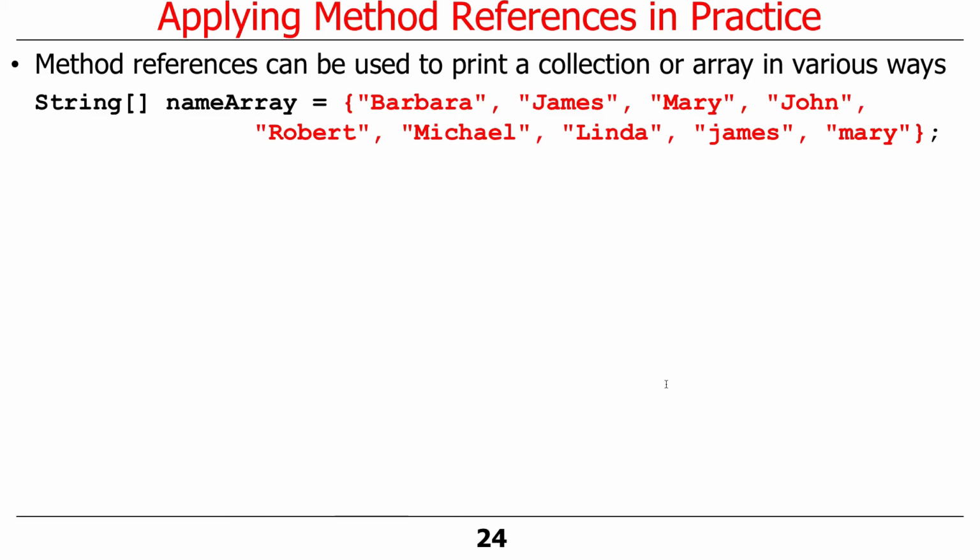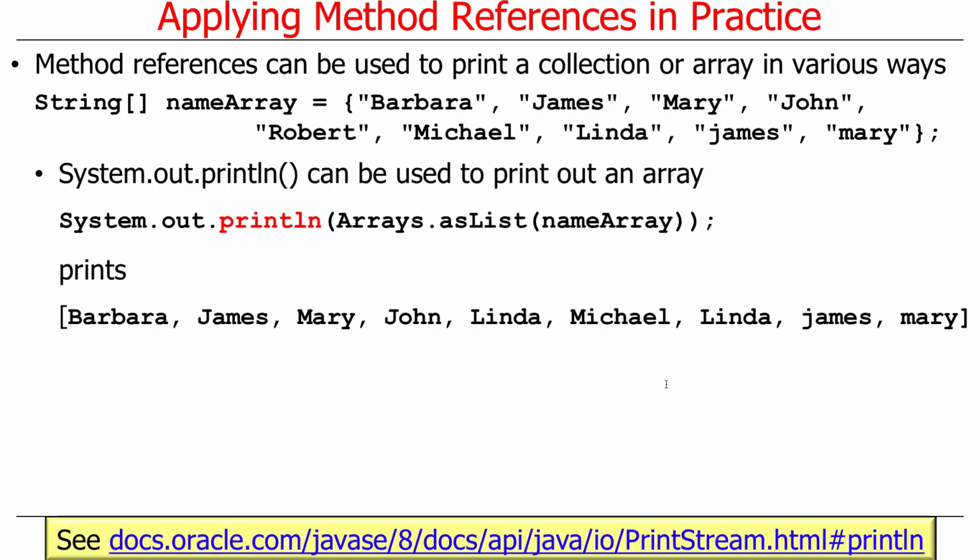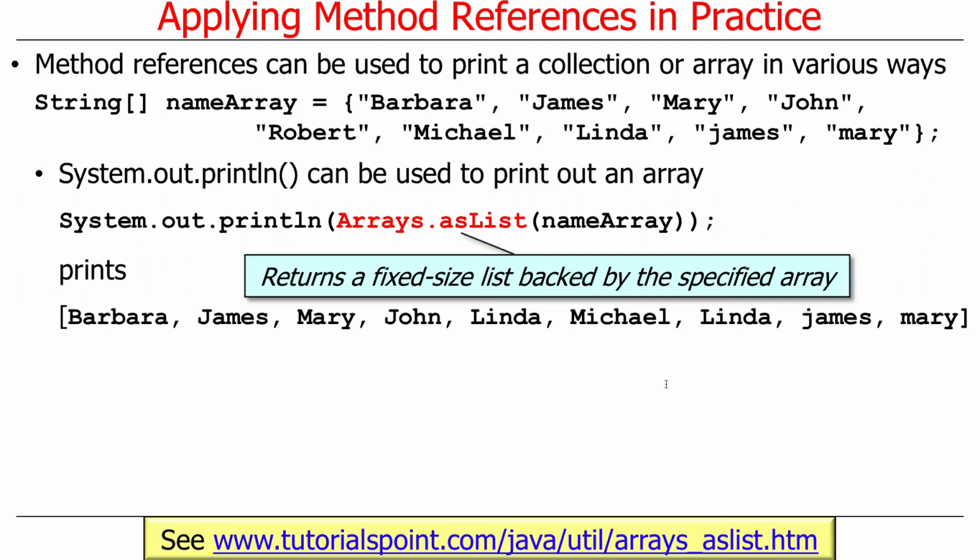Okay, so let's take a look at some examples here. So one thing you can do with method references is you use them to do things like print collections or print arrays in various ways. So assuming we have our name array with various names, we can print this out in a couple different ways. One way to do it is to use the System.out.println method. So you can actually print out an array, and what we're going to do here is we're going to call println to produce this result, except what we're first going to do is we're going to convert the array into